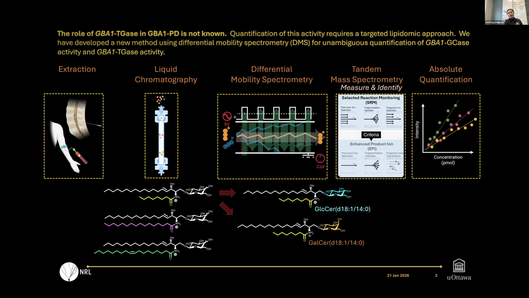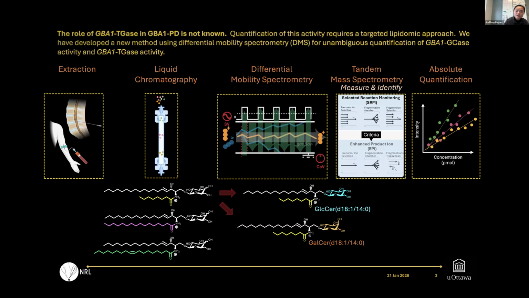So we incorporate into our pipeline differential mobility spectrometry, where we can pinpoint the level of glucosylceramide and now glucosylcholesterol versus galactosylceramide and now galactosylcholesterol. The usage of tandem mass spectrometry allows us to better identify each individual lipid and therefore arrive at a precise absolute quantification. Our absolute quantification pipeline allows us to report back to the clinic a level for every single lipid species in a clinically relevant manner, in picomoles per ml of plasma of patient.